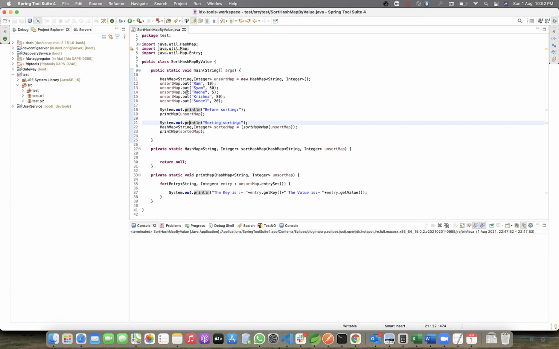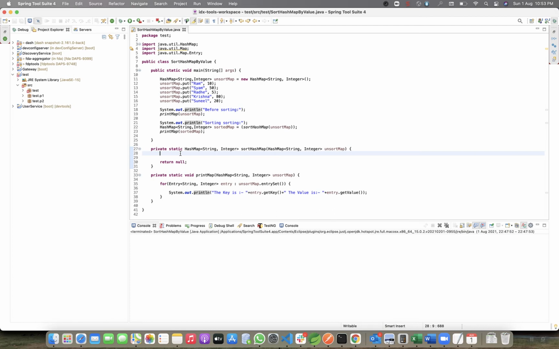In the hash map, the complete key value pair is called an entry. First of all we need to sort these entries based on the value.